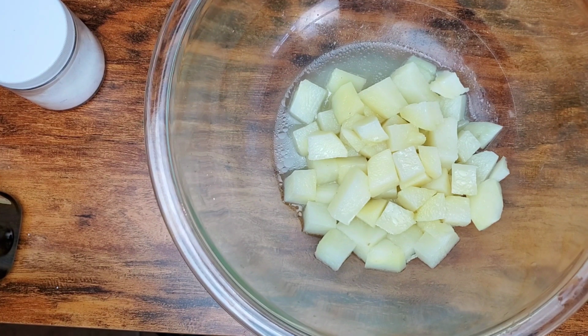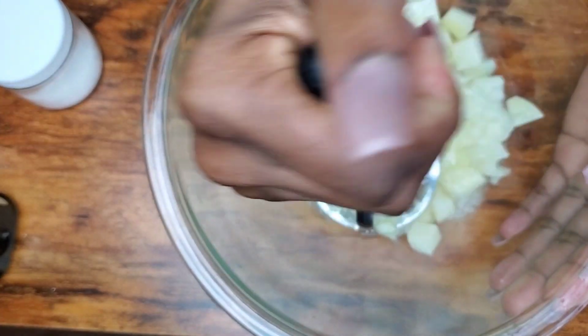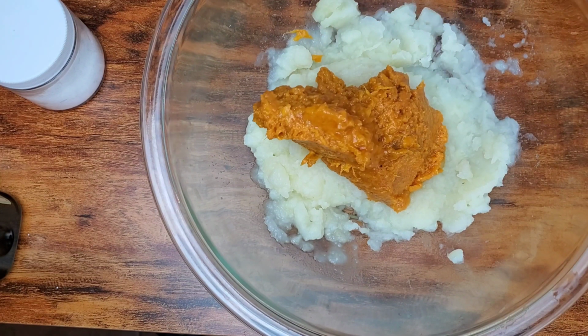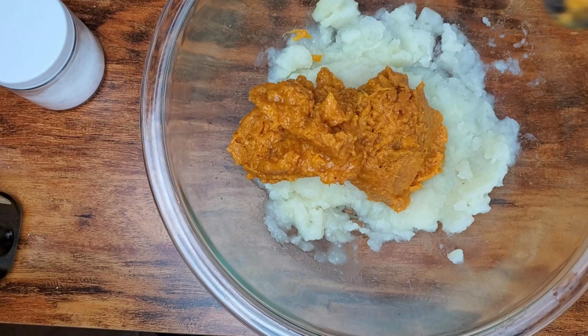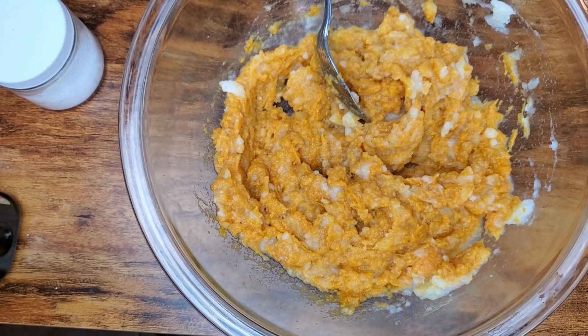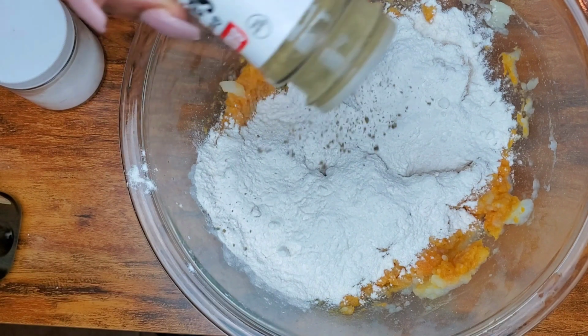I don't have a ricer, but I do have a potato masher, so we're going to use the potato masher. I'm also going to add about a cup of my sweet potatoes, which I had roasted. Yes, I had roasted them earlier this week, and we're going to use them inside the gnocchi. Now we're going to add flour. About a tablespoon of sage,